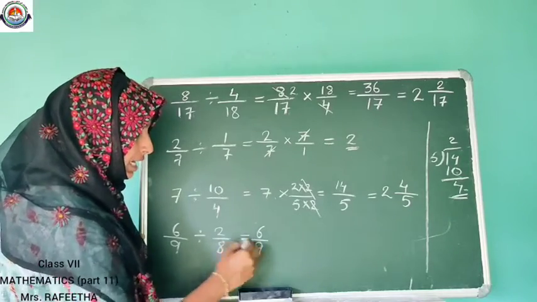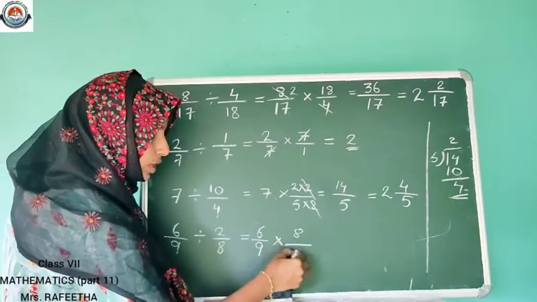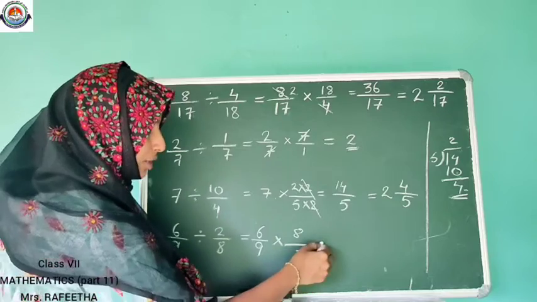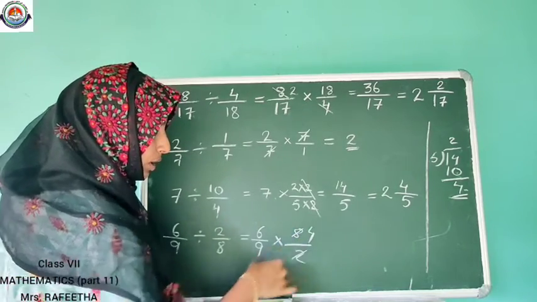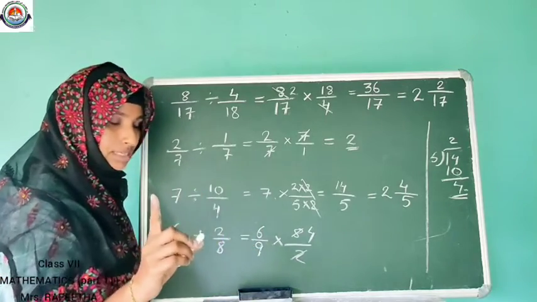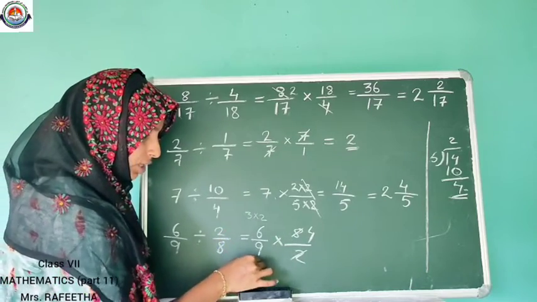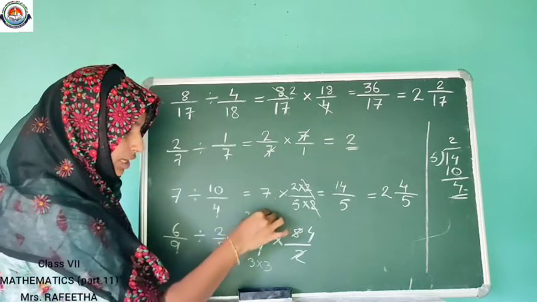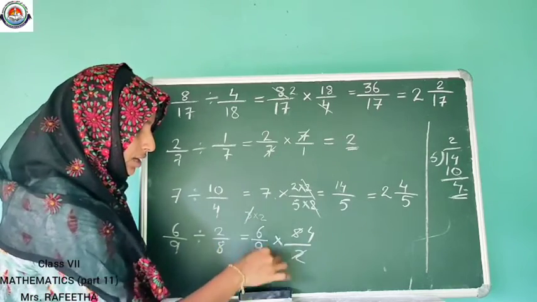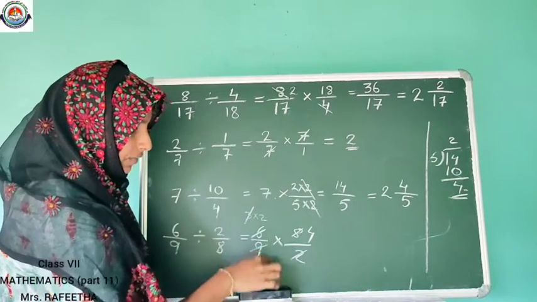Okay, so in this case, next question, 6 by 9 divided by 2 by 8. That is 6 by 9. Instead of this division, multiplication, instead of 2 by 8, we want to write 8 by 2. Okay, then next cancelling. 8 by 2 means 4. Okay, then 6 and 9, one common number is there. That is 3 into 2 is 6, 3 into 3 is 9. So here 3 and 3 cutting from the numerator and denominator. What will be remaining there? 2 by 3.